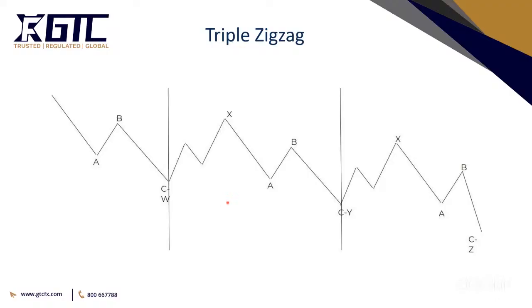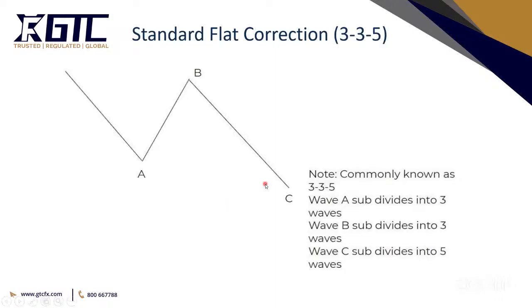All right. Then comes the flat correction pattern. Now, the flat correction pattern, unlike the zigzag, is also a three-wave pattern, labeled as ABC, but the subwaves are different. The subwaves are,